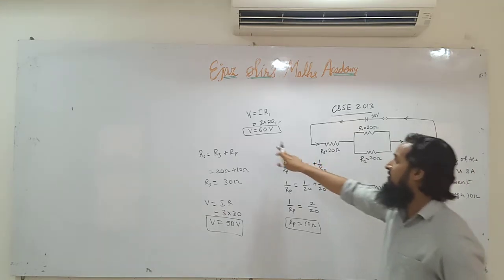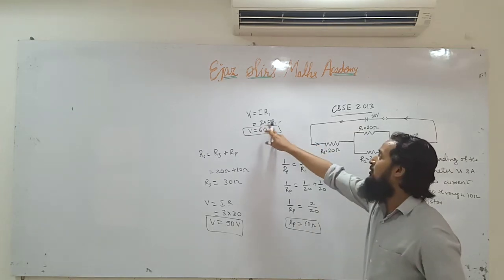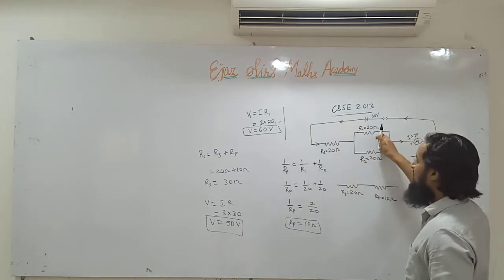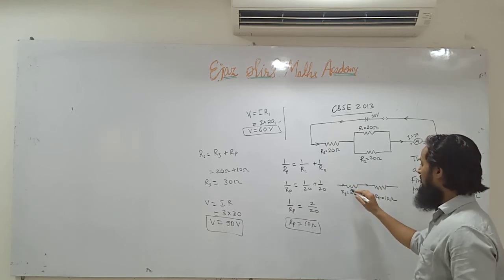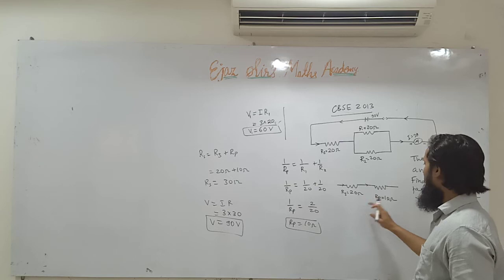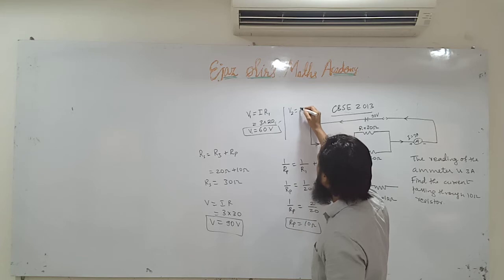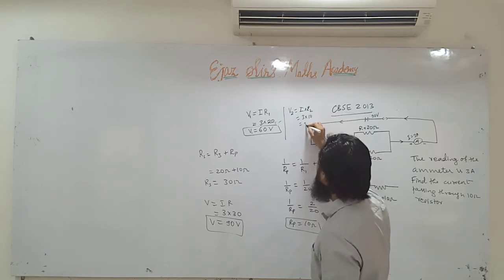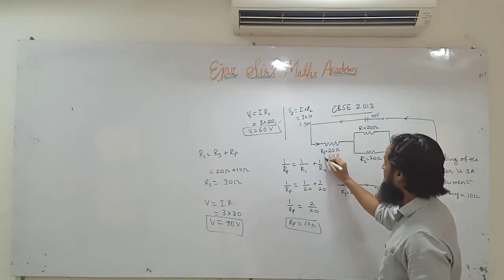Now how do we find? Again we will apply Ohm's law. V1 is equal to I into R1. I into R1 will be 3 into resistance 20 ohm, so it will be 60 volt. And if you want to find here, then what will happen? The resistance is 10 ohm. We have found the voltage here by voltmeter, and here the resistance is 10 ohm. So voltage V2 will be I into R2. I is again 3 and R2 here is 10 ohm. So it is 30 volt. How much voltage is spent here? 60 volt. This is V1.